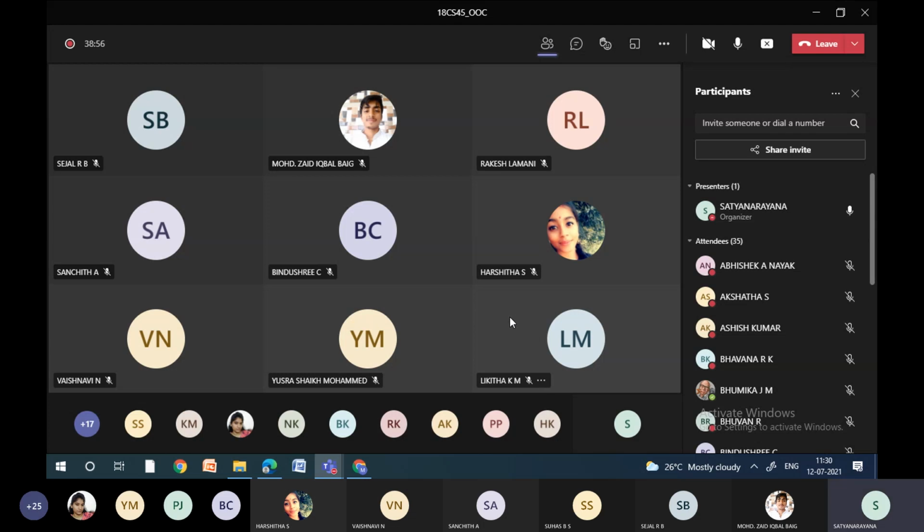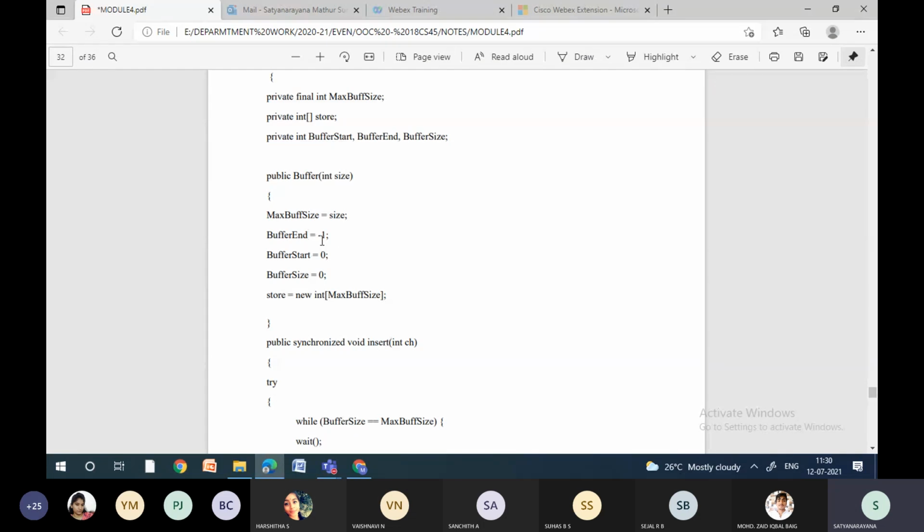Let me tell you, the end of the buffer or end of the string is represented by -1, because the moment you start with the string or buffer, 0, 1, 2, 3, 4, 100, 1000, 2000, it keeps on increasing. But how to represent the end of the string or end of the buffer? We use -1. That is the default case, used either in strings or in the buffer. So that's why we are mentioning -1 directly.